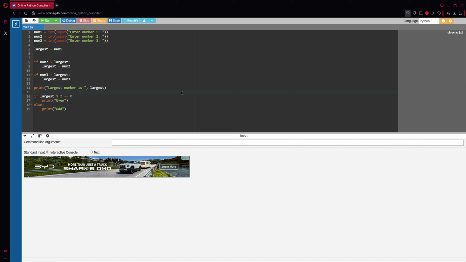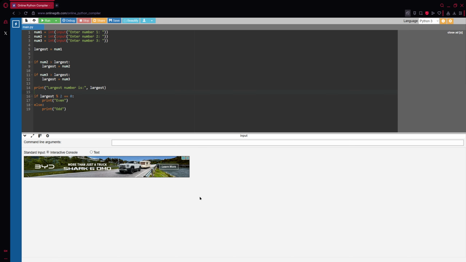It initializes largest with num1, then uses sequential if statements to update largest if num2 or num3 is found to be greater. It uses a separate if-else structure to check the final largest value's parity.